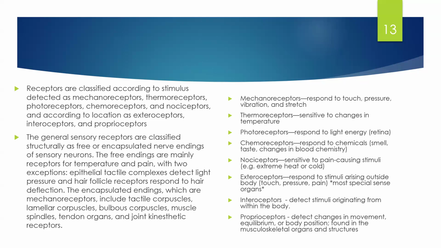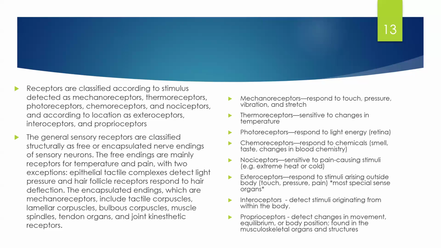So the general sensory receptors are classified structurally as free or encapsulated nerve endings of sensory neurons. The free endings are mainly receptors for temperature and pain, with two exceptions. The epithelial tactile complexes detect light pressure, and hair follicle receptors respond to hair deflection. Again, these are the free endings. And then the encapsulated endings, which are mechanoreceptors, include tactile corpuscles, lamellar corpuscles, bulbous corpuscles, muscle spindles, tendon organs, and